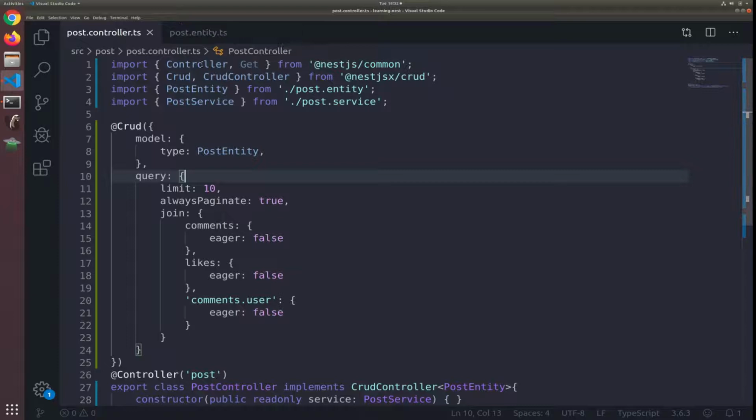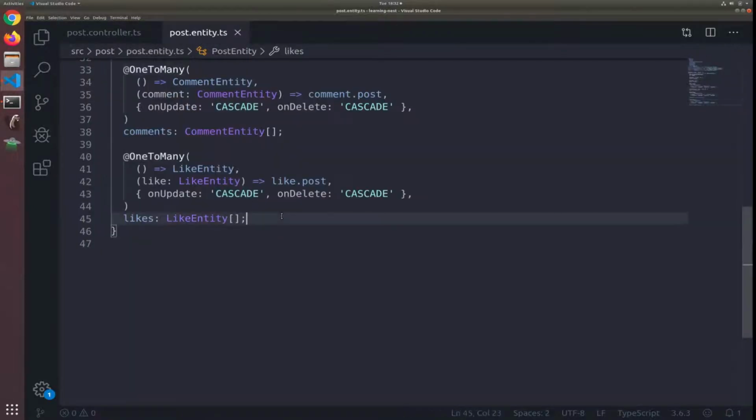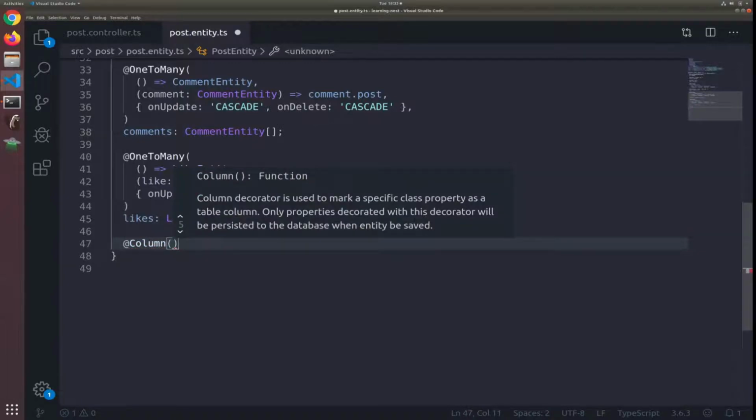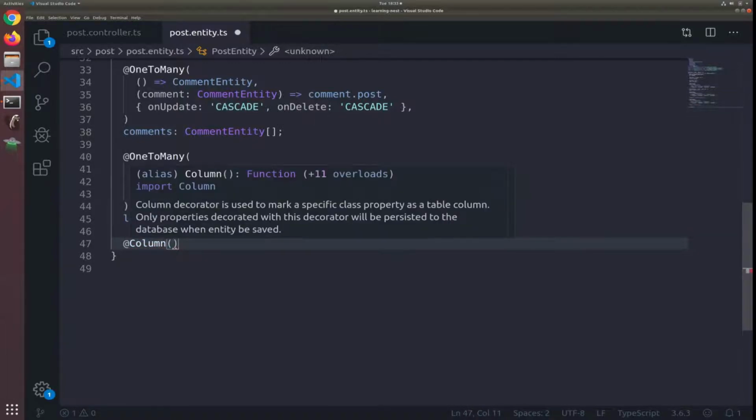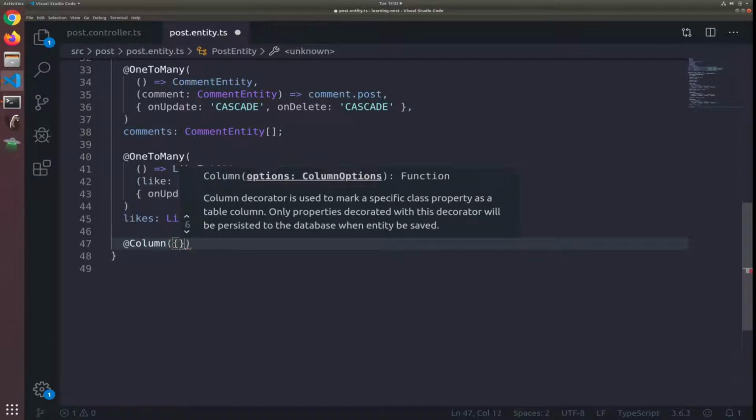So to start, my goal is to filter upon the most commented posts. So I will start by creating a new column inside the post entity. I'll just put that decorator, Column, and I will pass to it an object. Okay. So the default